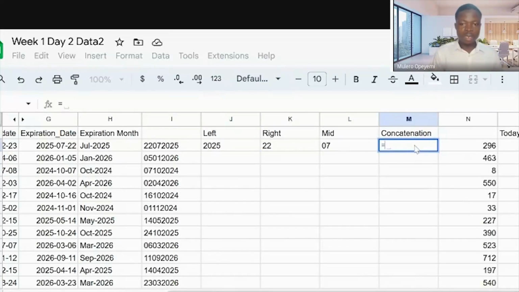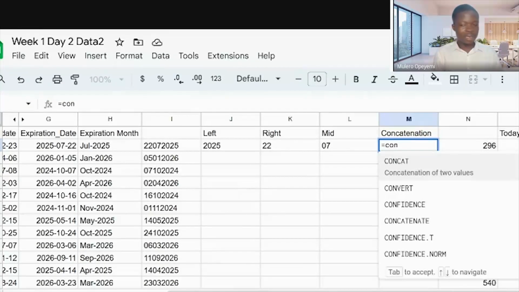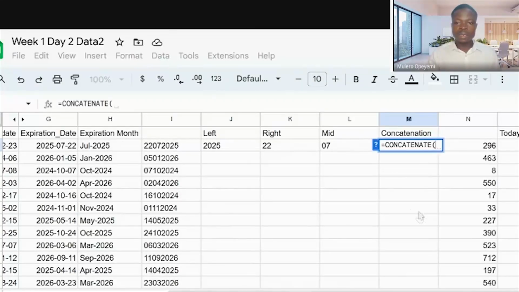Concatenate. So you just say equals. Each time you start a formula in Excel, you start with the equal sign. So we have concatenate. Let me say concatenate this with this.